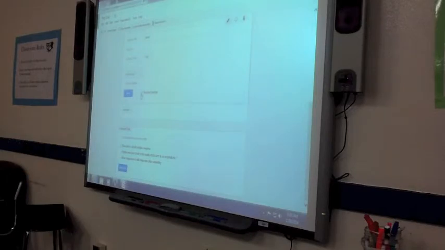In Flubaroo, when it grades, it'll recognize that this is a box that is just where the kid is telling you their name, so it's not going to say, oh, I'm grading this. It is smart enough to know that that's the student's name. I don't know how it does it, but